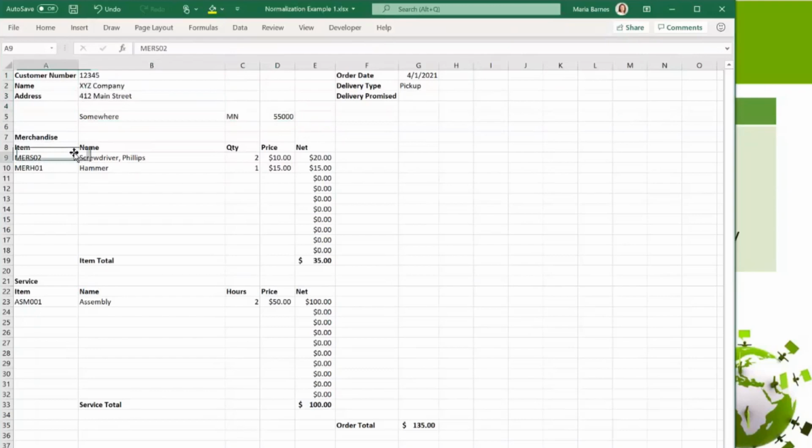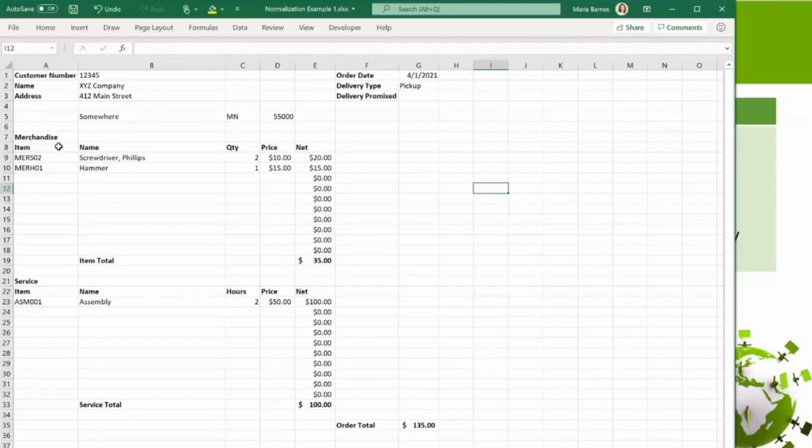Same with things like order items. You can see that this Excel spreadsheet conveniently allows for maybe 10 places for merchandise items here. And if you're in an Excel spreadsheet, you could copy and insert rows so that your total stayed updated. But if you're trying to design something like this in a Microsoft Access table, you wouldn't want to